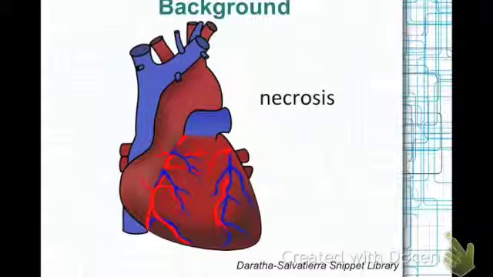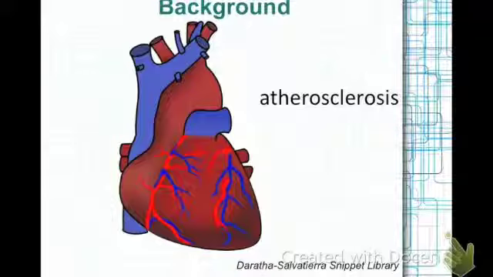The term to describe myocardial tissue death is cardiac necrosis, from the Greek word for death. Necrosis is the result of not enough blood flowing to the heart muscle tissue. During an MI, there's a decrease in blood supply to the heart, which is commonly referred to as ischemia. Ischemia is caused by constriction or blockage of coronary blood vessels. The term used to describe constriction and blockage of the coronary blood vessels is atherosclerosis. The most common cause for MI is the buildup of plaque in the coronary arteries.